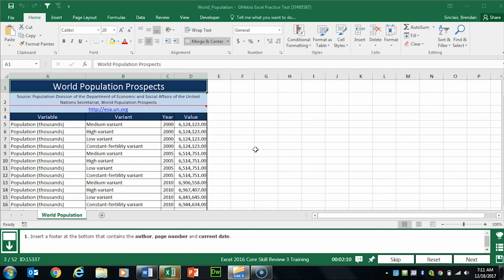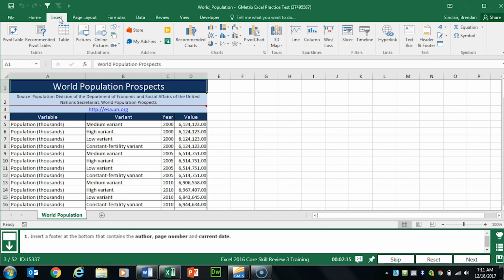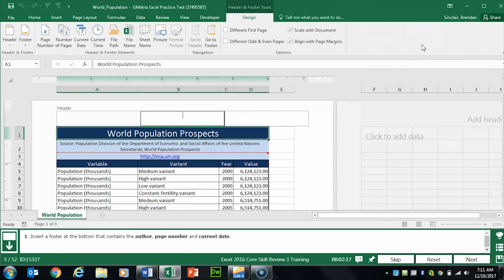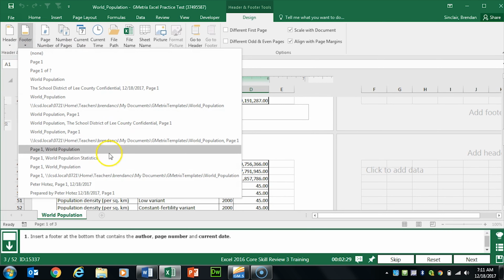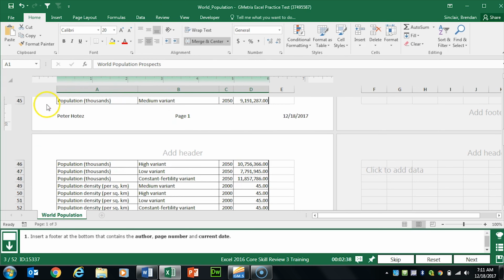Task 3 wants us to go ahead and put a footer at the bottom. It's a little bit different than what you've done in the past. We'll click Insert here at the top. We'll go ahead and click Header and Footer just to get into the Header and Footer Design tab. We'll go ahead and actually select Go to Footer just so you can see what we're about to do. And then under Header and Footer over here on the left, we want to click the Footer dropdown, and it wants the combination of author, page number, and current date. And so we'll go ahead and select this one right here. And then notice it went ahead and pre-populated all 3 sections based upon that,